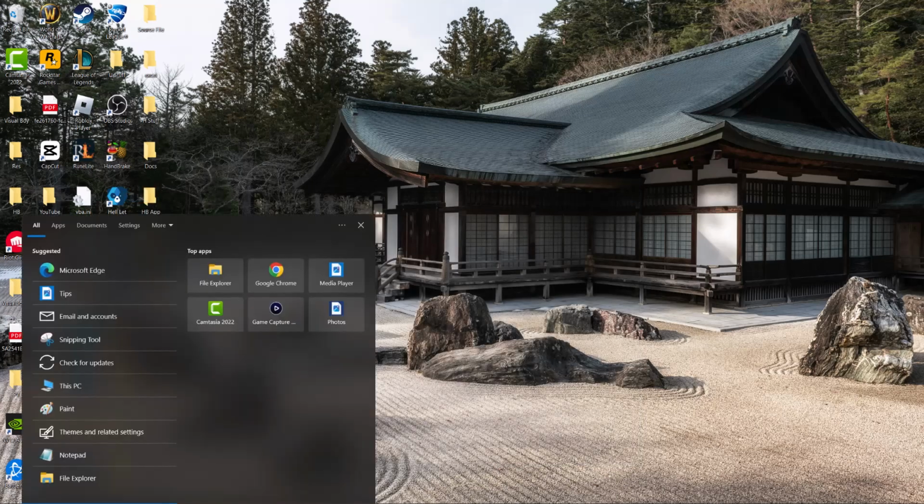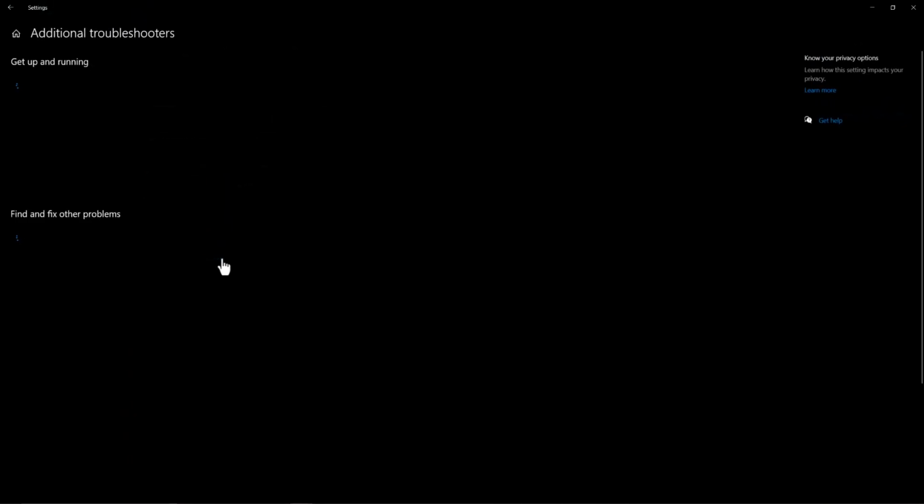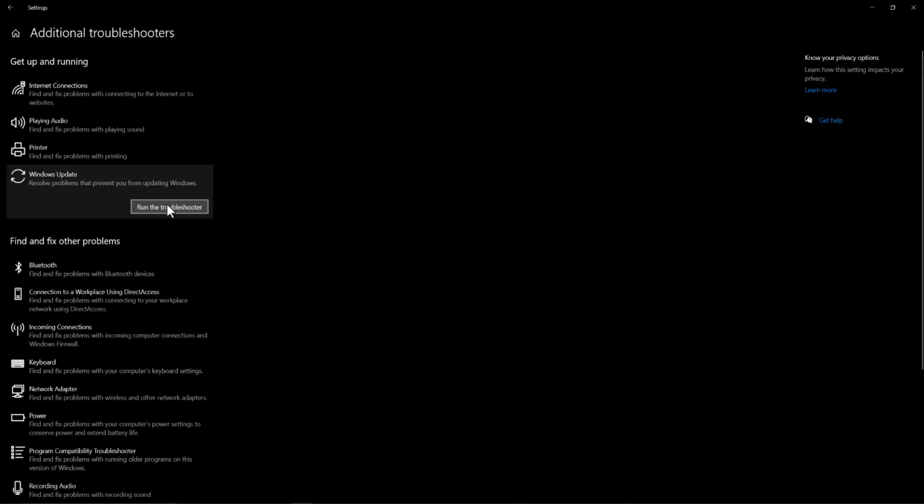If that doesn't work, go back to your search bar and type in troubleshoot settings until you see this pop up. Click into additional troubleshooters, and in here click into the Windows Update troubleshooter and run this troubleshooter. This should fix the issue as well, but if not, we're going to go on to the final step,